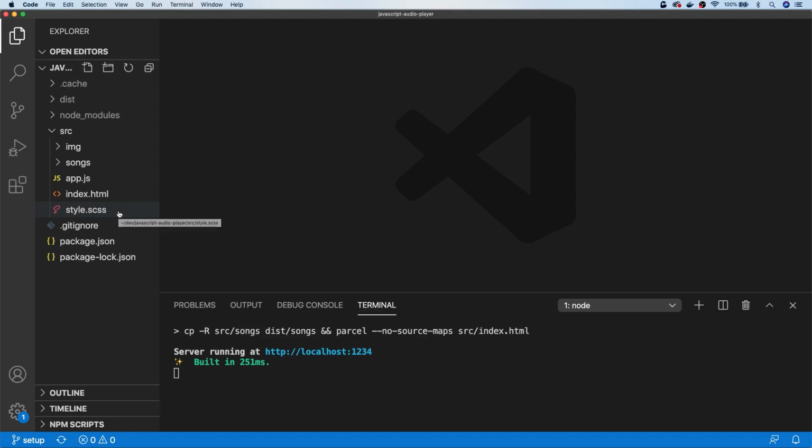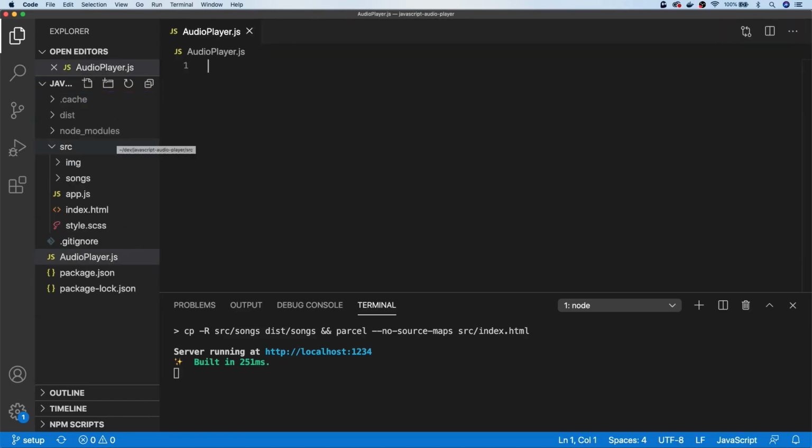So I've called it an audio player because it could literally be anything. It could be songs or podcast items or interviews. Any category of audio file that you can think of could be used for this purpose, and if you're coding up your own version of this custom audio player, you might want to name it appropriately depending on what type of application it's for. So the first thing I'm going to do is just create a new JavaScript file called